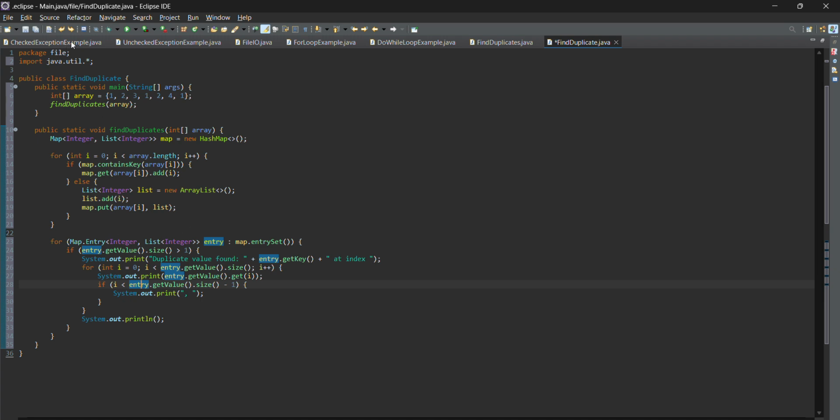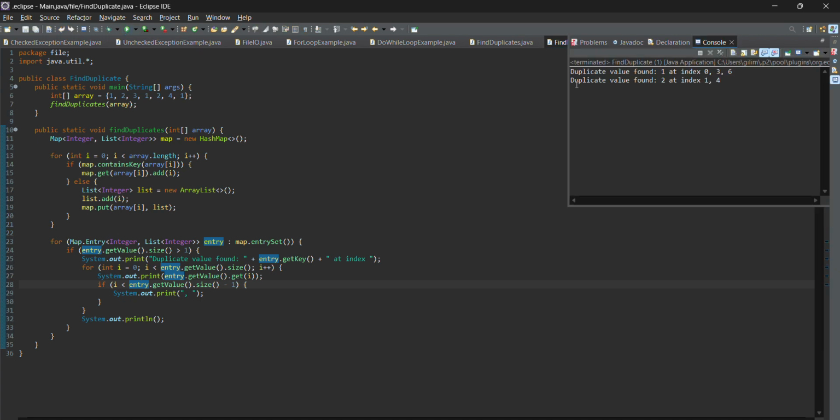So if we're going to run this, our output is this: Duplicate value found, 1 at index 0, 3, 6. So why? The duplicate value of 1 is at index 0, 3, and 6.